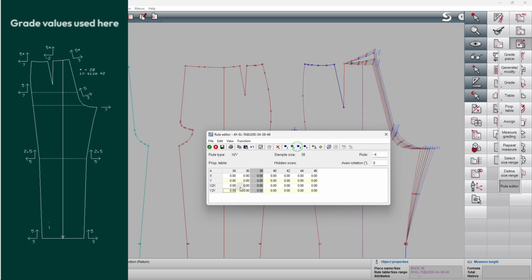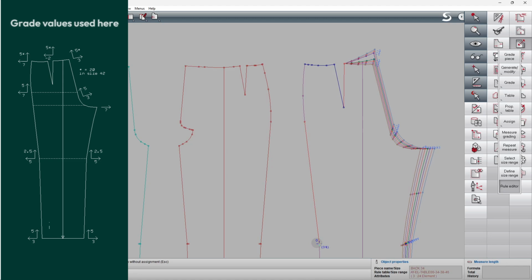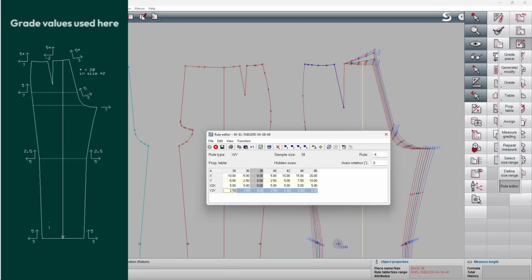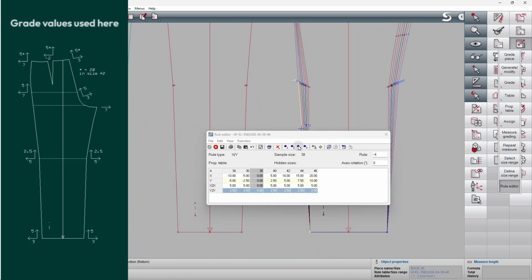Let's move on to the grade point at knee height and enter the grade values in X and Y. It's a good idea to use the values of the inner side for the outer side. Select the Assign function to copy, mirror and paste the grading. Done. Let's continue with the hem and do the same operation again.